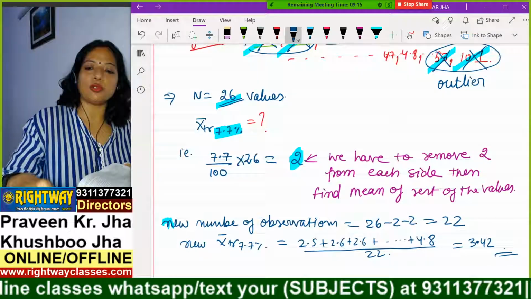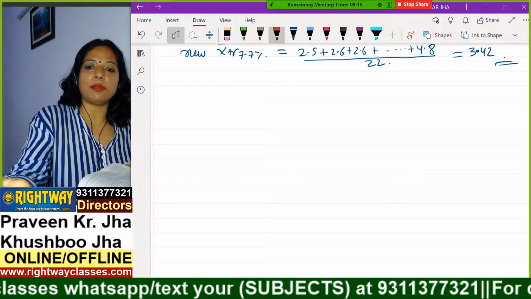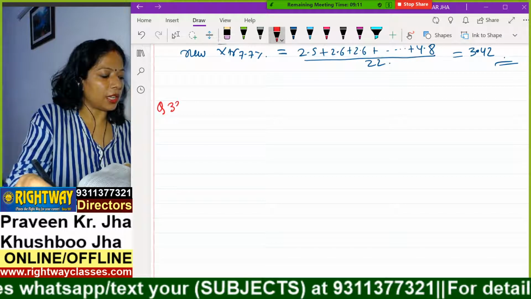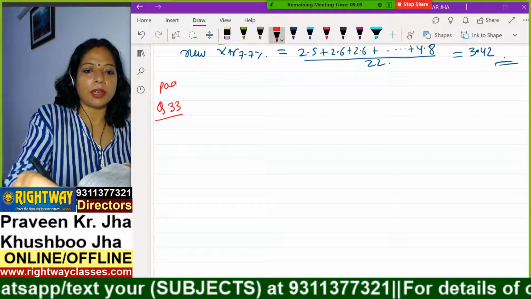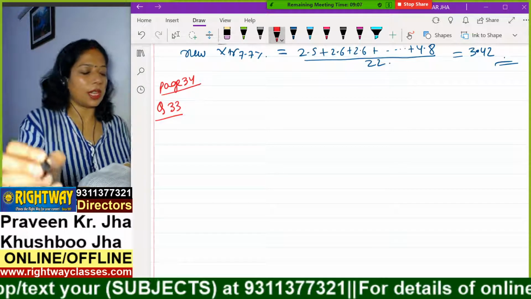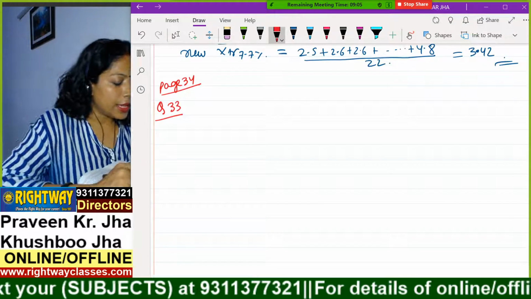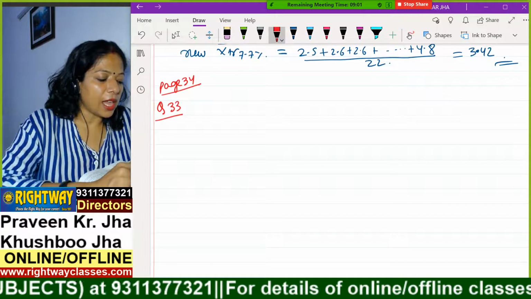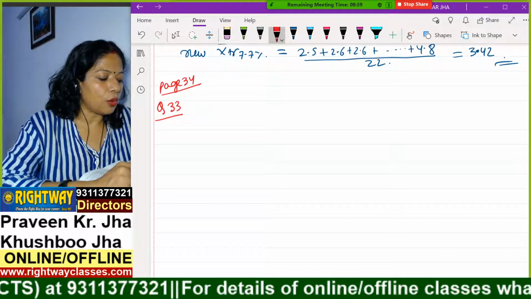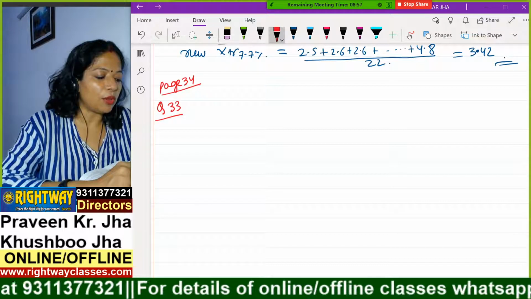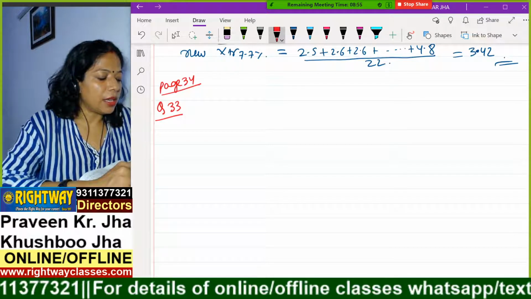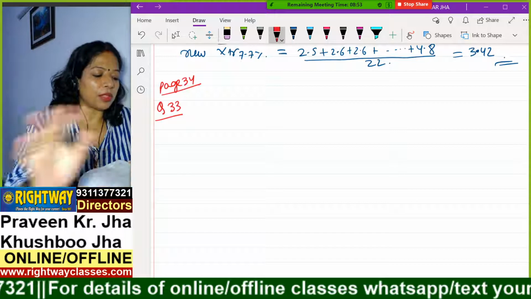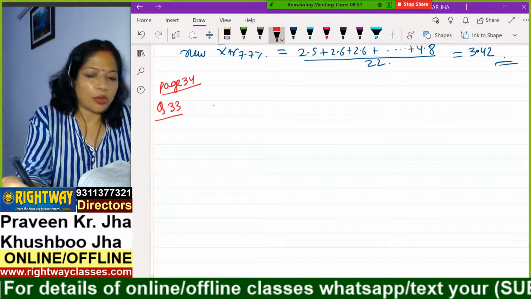So let's do one more question. That will be very much helpful for you. Question number 33 on page number 34. So see here. The May 1, 2009 issue of the Monte Clarion reported the following home sale amounts for a sample of homes in Alameda, CA that were sold the previous month. All these are not so much useful.